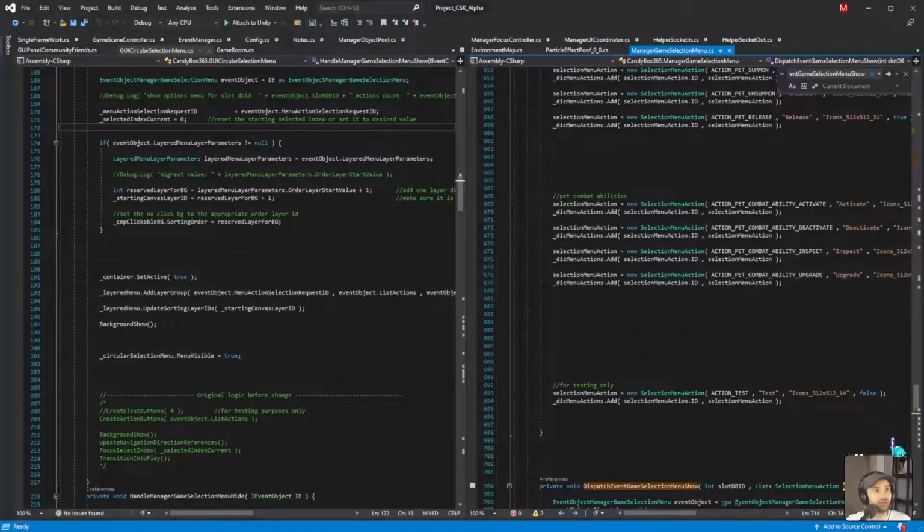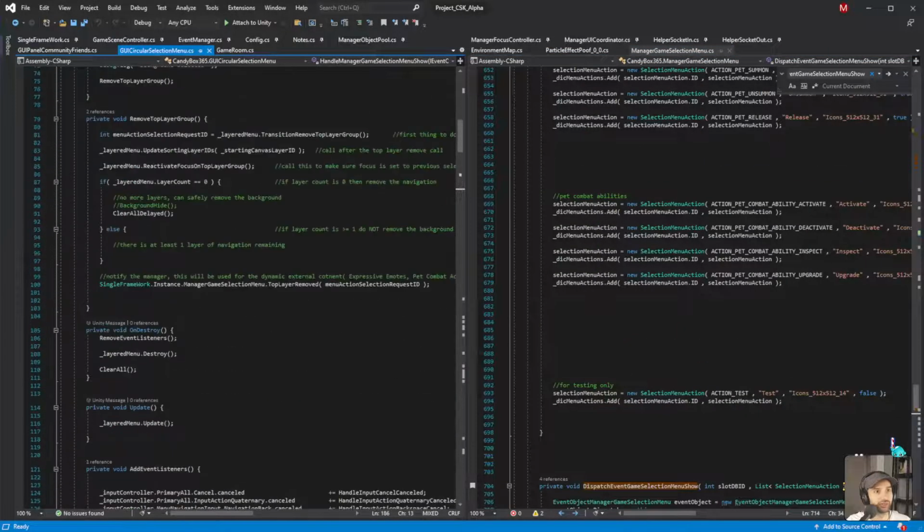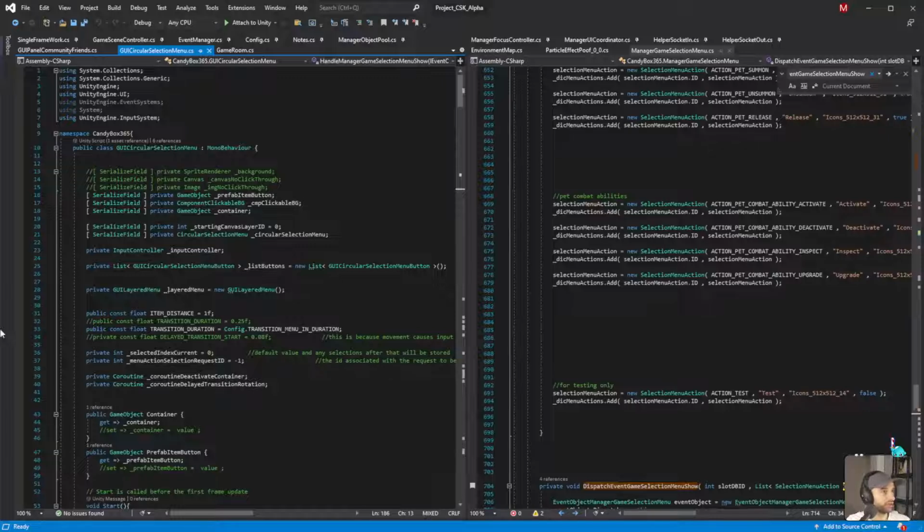It would have to be one of these. I put that if condition to give an output of the layer ID. I don't know.